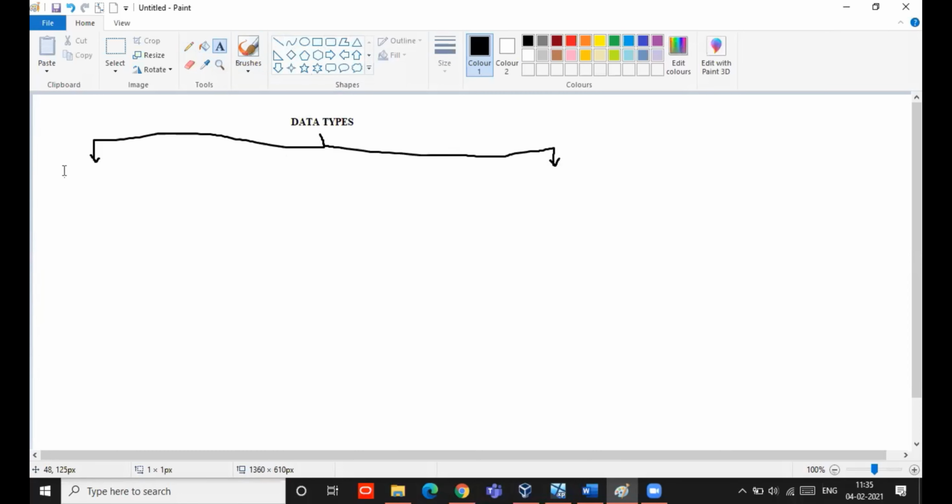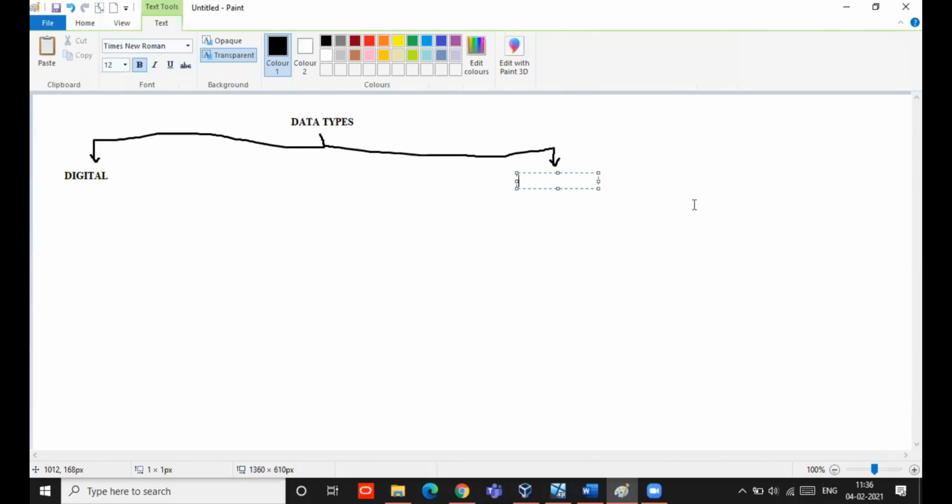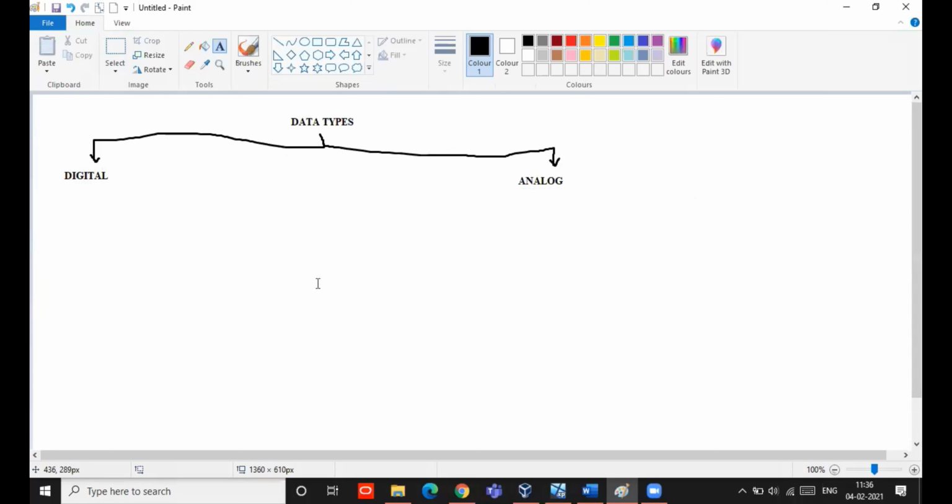One is digital data and the other one is analog data. So what is this digital and what is this analog? First I will explain that clearly. Digital means we have only two statuses.